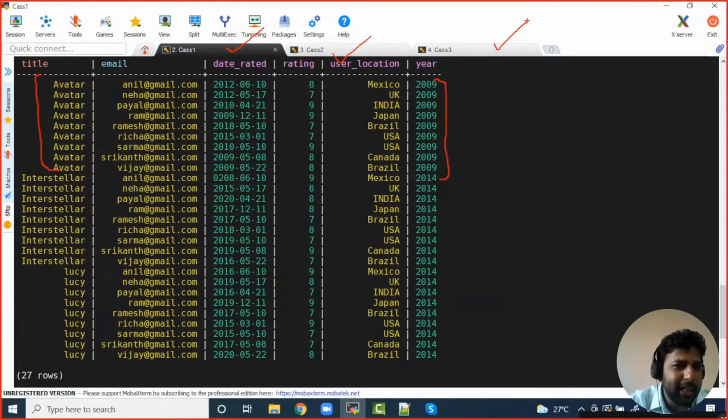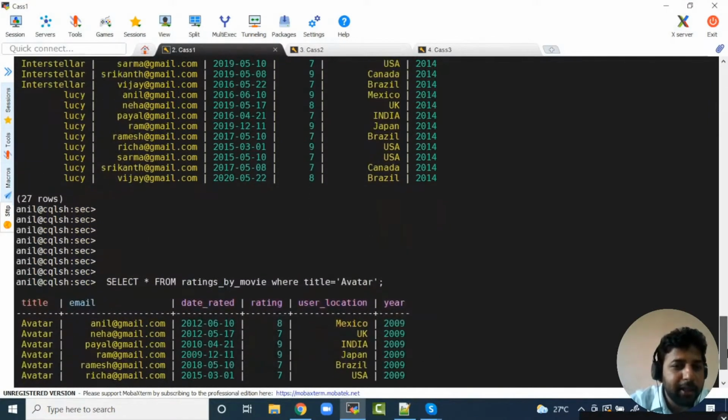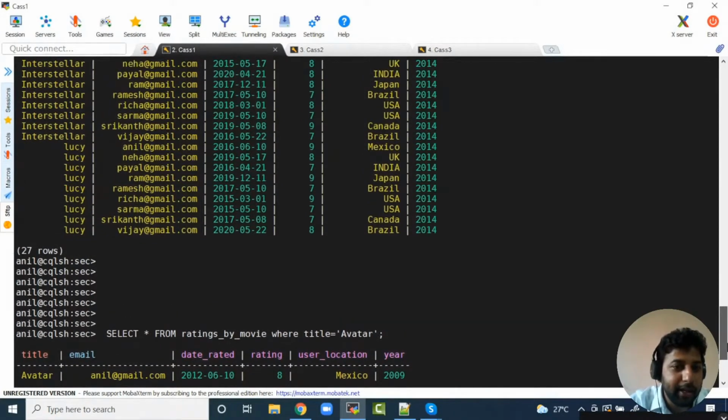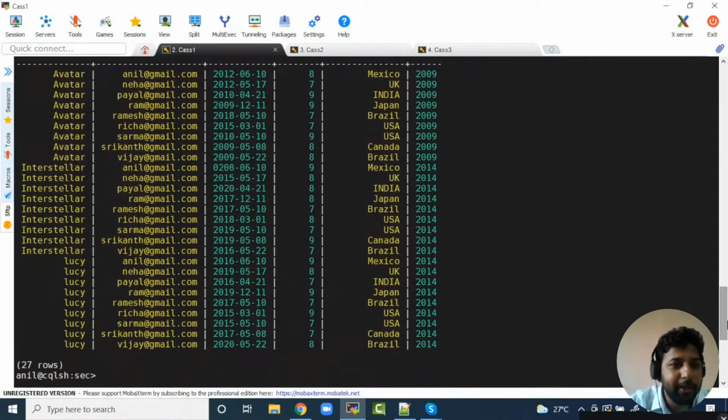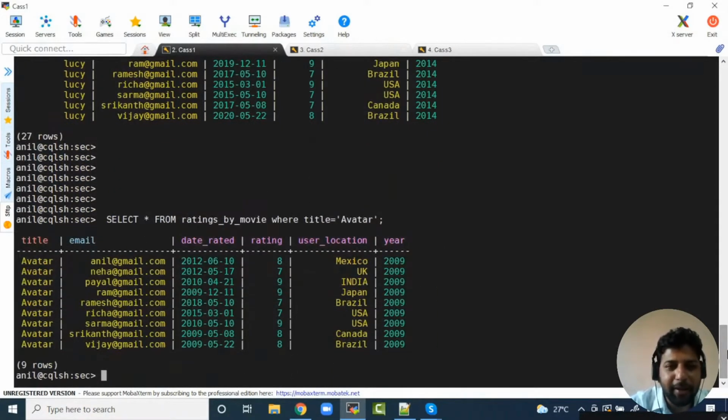Now, what is the advantage of storing in that way? When I just ran the select query, to give you this output, it's a single discrete output. That is the power of Cassandra. When you run this query, it just goes and grabs the data from one single node. It's a single disk read, so you get it so quickly. So that is one advantage.